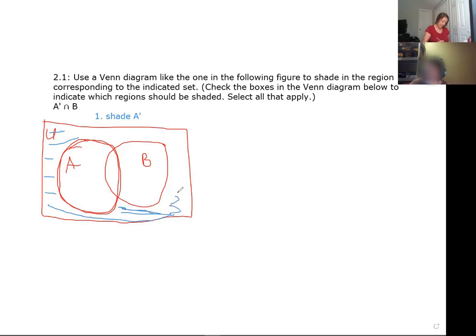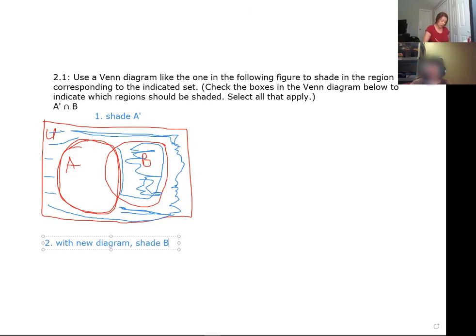And this actually works better in paint because you can use that paint bucket to shade in this whole area. And it's also this portion of B. So this right here. So everything but that circle A. And then for the second step, with a new diagram,